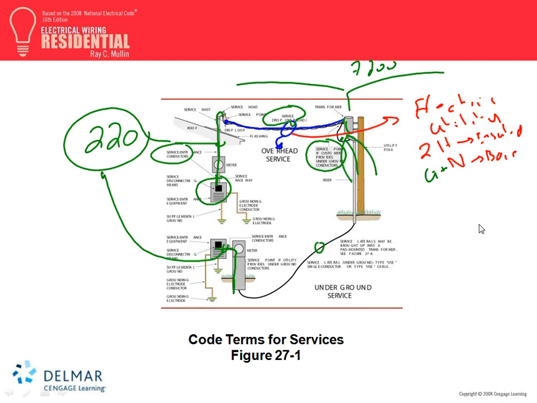But this is really a moving object right here. This point could be right here, or it could be depending on where the service is going to be provided. Any questions, guys, about the terminology: service drop, service lateral? The other thing I want to bring up is that in residential, my friends, we have to provide two